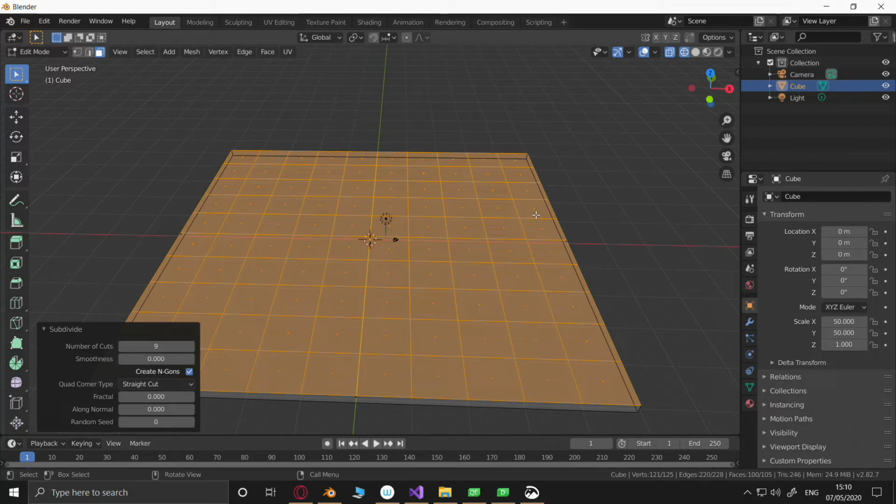And this is 50 meters. So these are 5 meter squares. That's not right, is it? No, that's not right. At 50 meters, we need 49 to make it 1 meter.